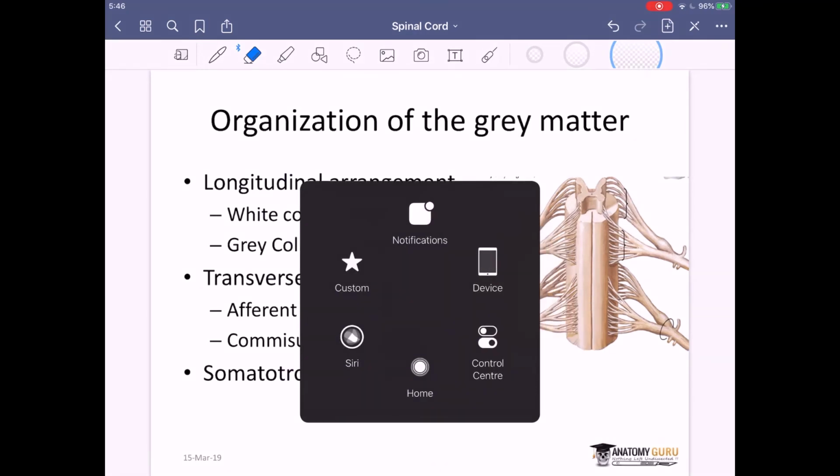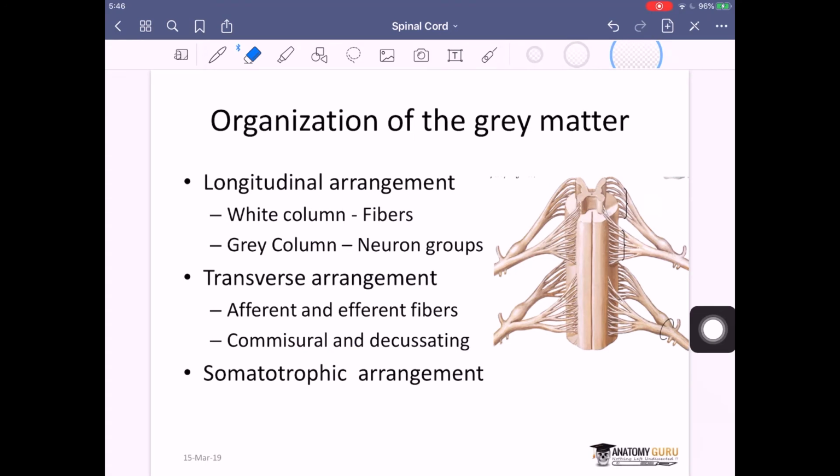Now, in this longitudinal arrangement of gray and white, please notice that if you cut off every part of it, you will see a centrally located column of gray matter. So this gray column is made up of your neurons. That means there are neurons in the anterior horn, lateral horn and posterior horn. Whereas this white matter, where I'm putting the star, which is again on either side, this white column is made up of your myelinated nerve fibers.